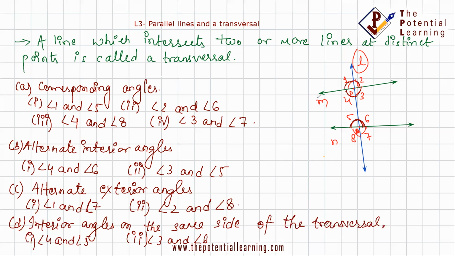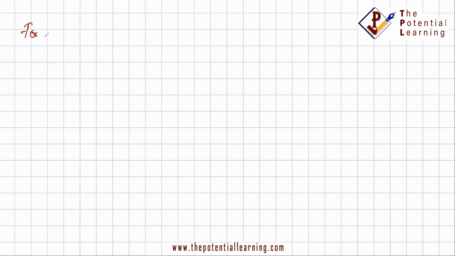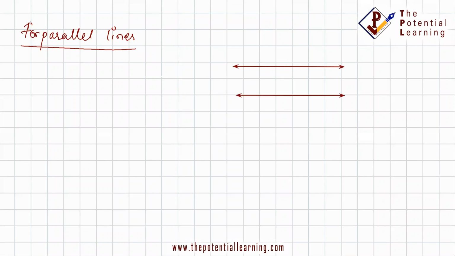So this was for the case where M and N were intersecting, somewhere जाके वो intersect हो रहे हैं. But now we will be talking about the parallel lines. In case of parallel lines, when we find the transversal, तो क्या क्या angles के हमें वहाँ पे combinations मिलते हैं, वो अब हम बात करेंगे. Okay, so in case of parallel lines, what we see is here, if these are parallel lines, तो parallel है मतलब intersect नहीं होगा, और इस तरीके से अगर हम बना रहे हैं तो L is a transversal here like this.